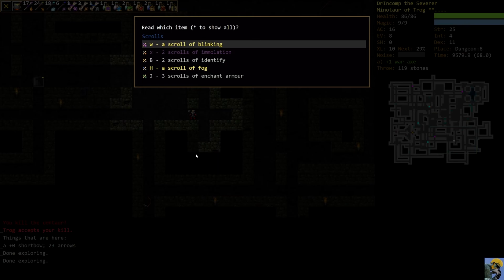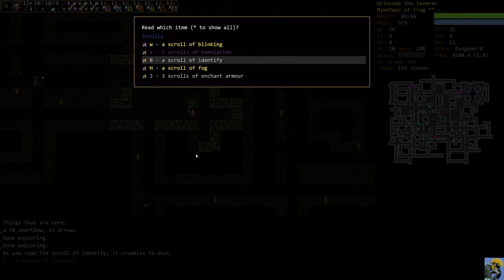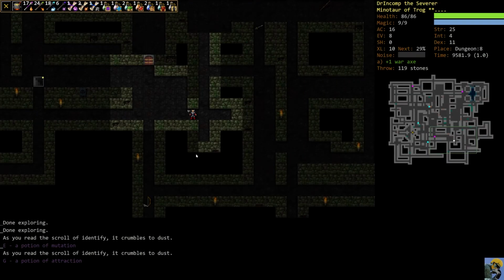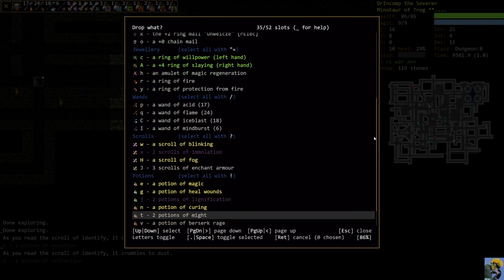Okay, great. So let's use our Identify scroll on these 2 potions. Potion of Mutation and Attraction. Okay, these are both potions that we are probably not going to use. Maybe Attraction with this character. I'm going to drop my potion right now of...